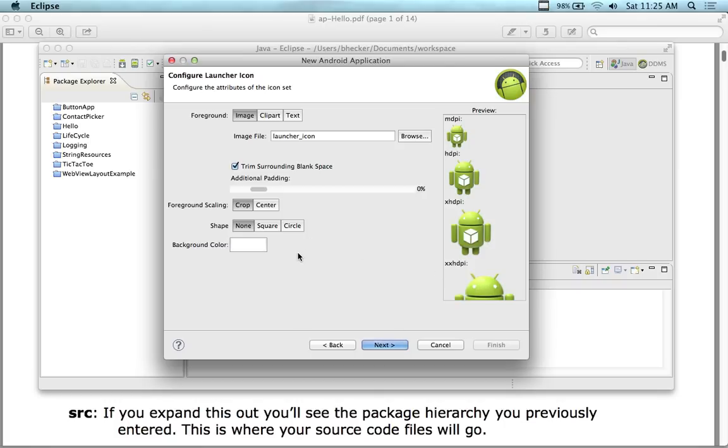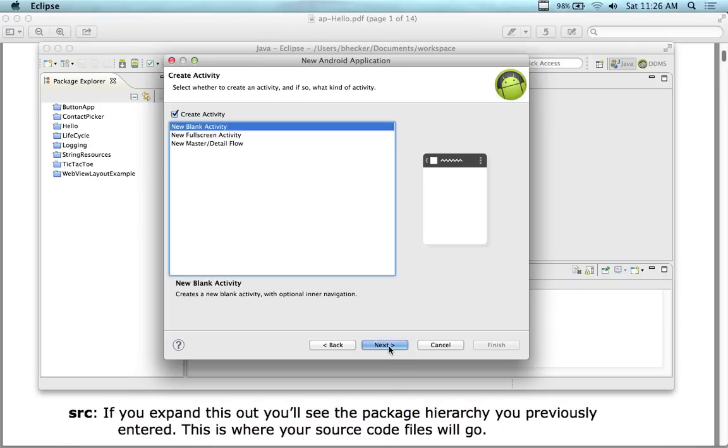You can change the background color. All the stuff that you're doing in the setup, running these wizards, you can change after you've already created the project. So I'm going to leave this alone. I'm just going to click on Next. And now it's going to ask me,